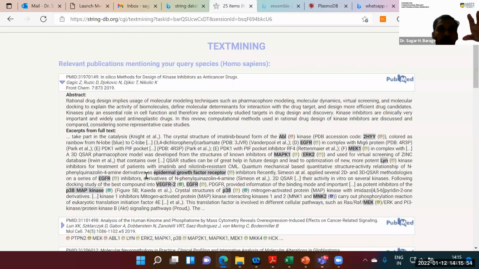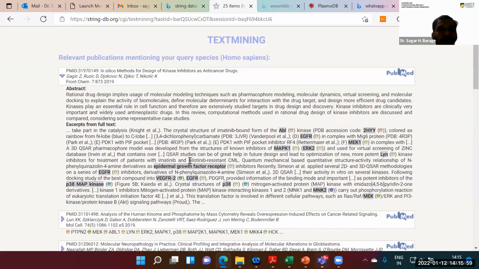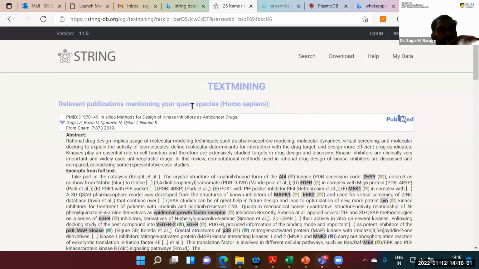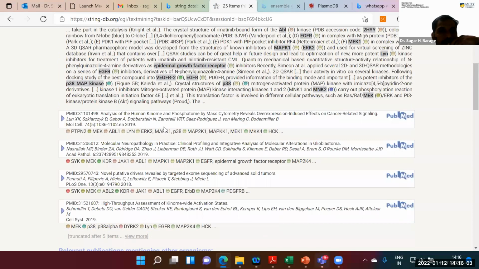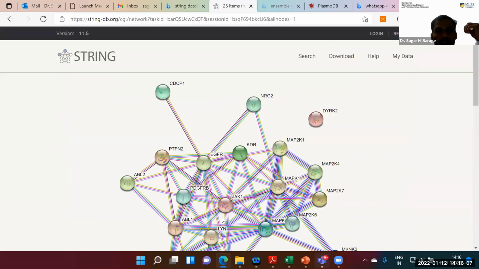This is the PubMed literature, meaning what literature is referred to show the network. So this is about the network, how the network is drawn. If you have any question, you can raise your hand. Otherwise, I will move on to the next